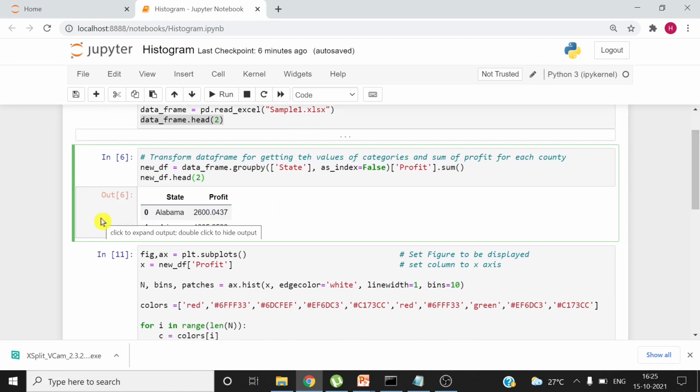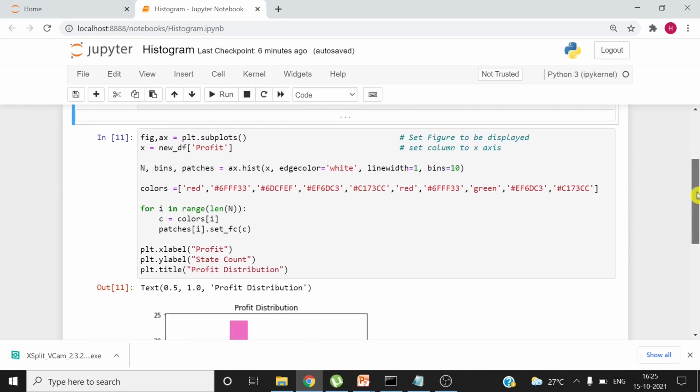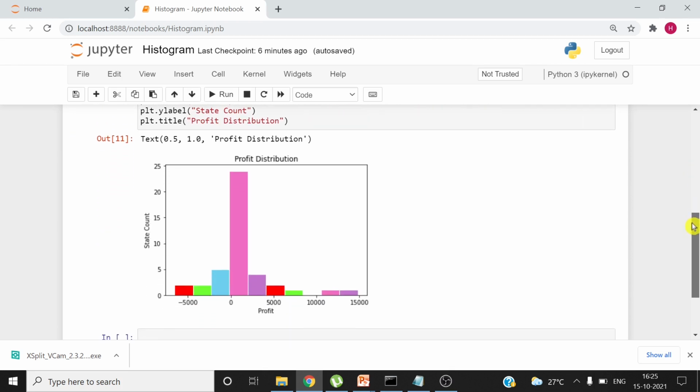I will click here to hide, and then finally we displayed the histogram using this code which is right in front of your screen, and in the end you can see the output result.